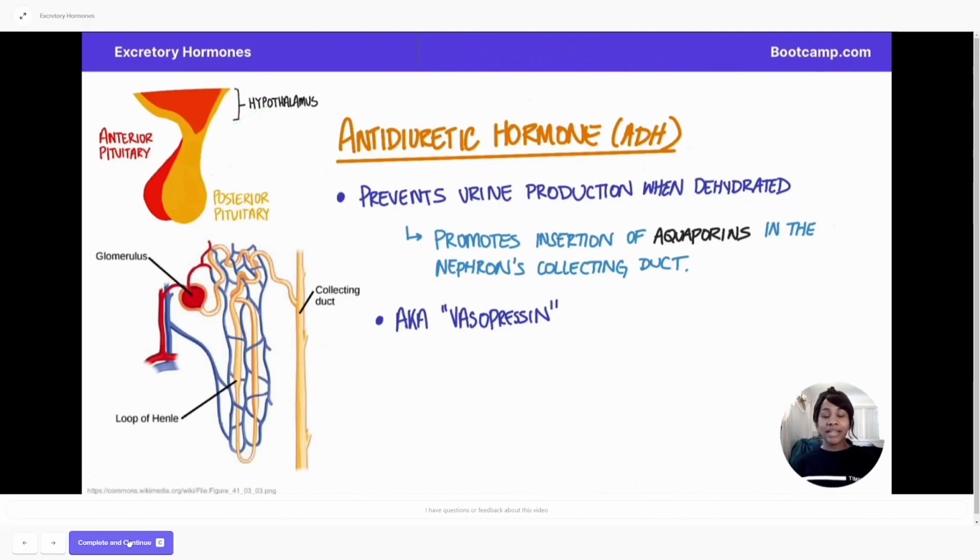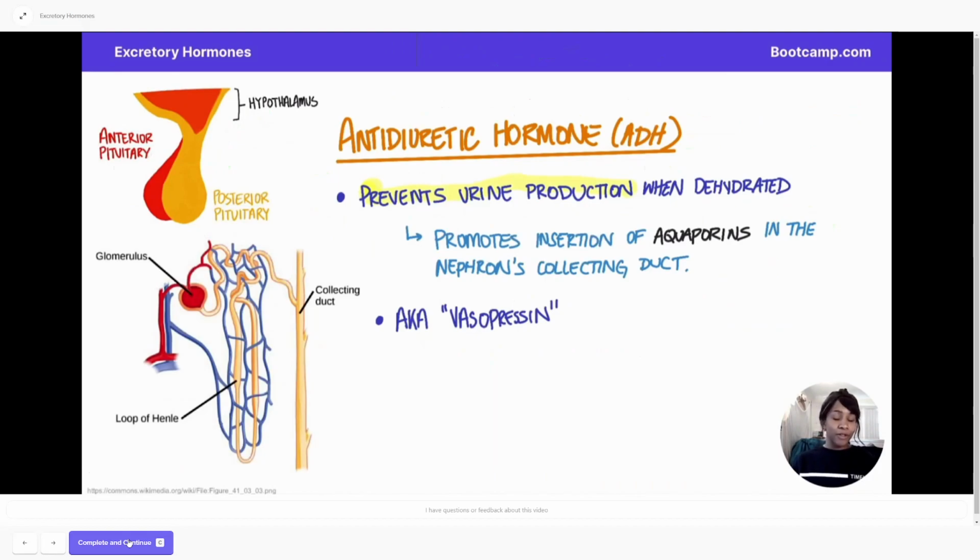And basically, an antidiuretic is something that is going to prevent urine production. Diuretic is going to promote, an antidiuretic is going to prevent. And the way that ADH works is that when the body is in a state of dehydration or it needs to conserve water, it's going to accomplish this by reabsorbing all of the water that it can from the blood